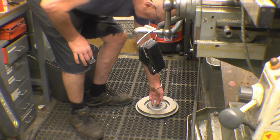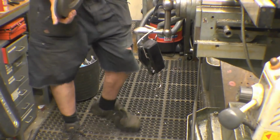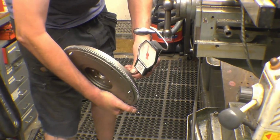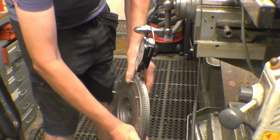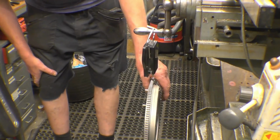I've got another Ford flywheel lightening. I'm not going to show the whole job. I'm just going to show the basic setup procedure, which I missed last time. I'm going to weigh it first, see how heavy it actually is, and then see how much I can take out of it. At the minute it is